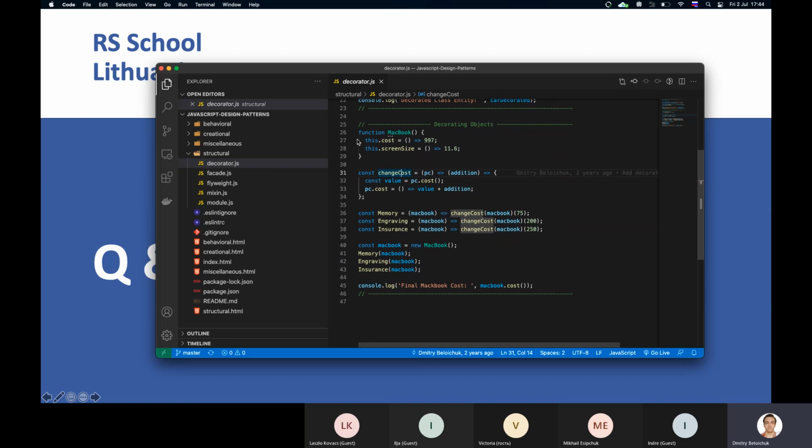So imagine I have a function, or function constructor I should say, that has a number of properties. They do some kind of thing, and just by directly using it, I do have some kind of functionality. I do have access to cost, to the screen size. So I create my MacBook,